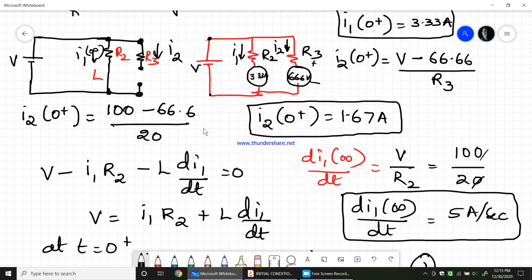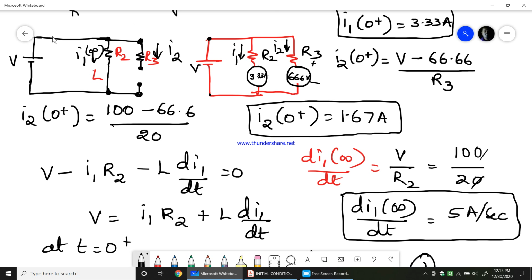The reason is that the inductor will behave as short at infinite time, whereas the capacitor will behave as open at infinite time, and at t equals 0 we saw that the switch is closed. Therefore R1 will nowhere come into the picture now. The current through this loop would be the infinite-time current that flows through this particular loop. Therefore V divided by R2 is the total current at infinite time, which is 5 ampere. So I hope this problem is clear to you. We have solved all the parameters which have been asked in this problem.